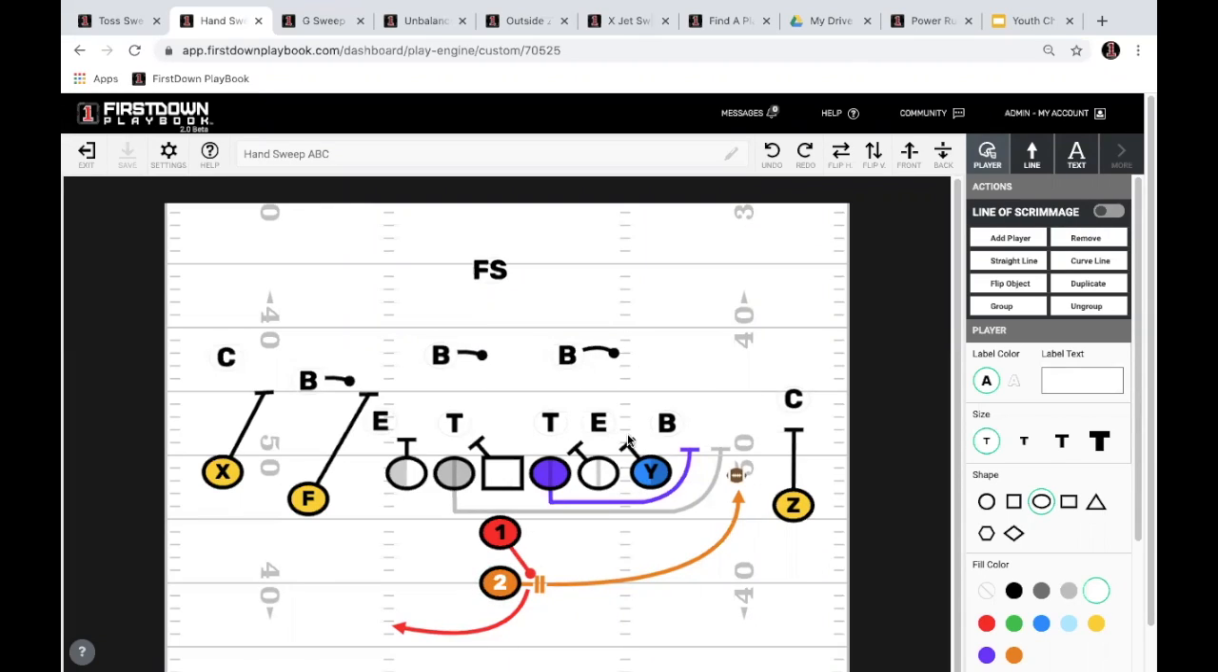Now, what's different about this blocking scheme is that we're turning loose this backer right here. We're blocking down, and we're pulling the backside guard like I talked about. Don't want to spend all day on all of these. In fact, I've got this in edit mode just so you can see that. Now, let's say that,